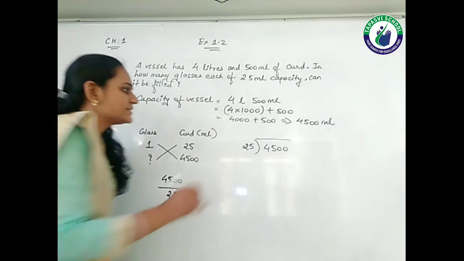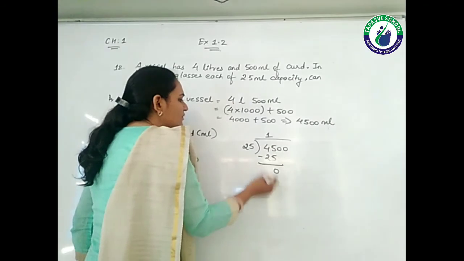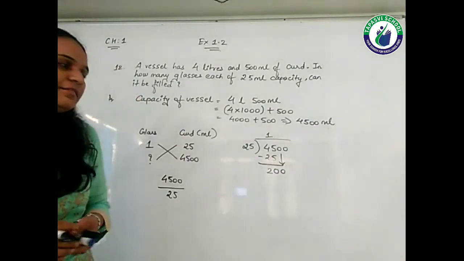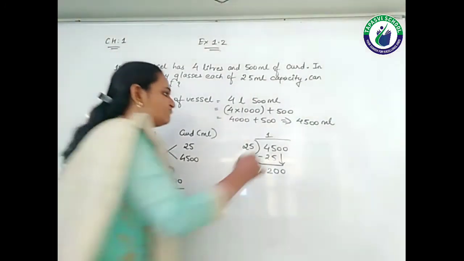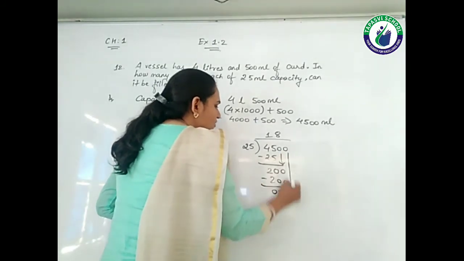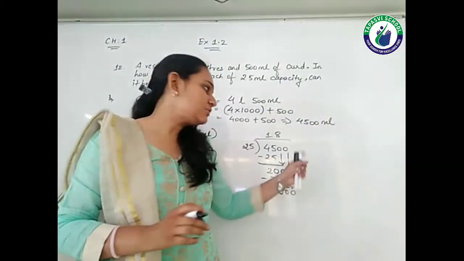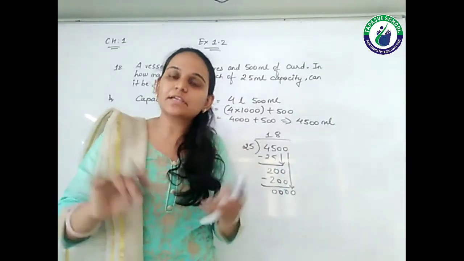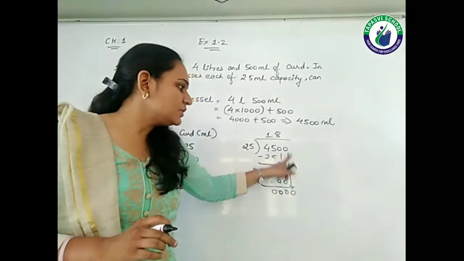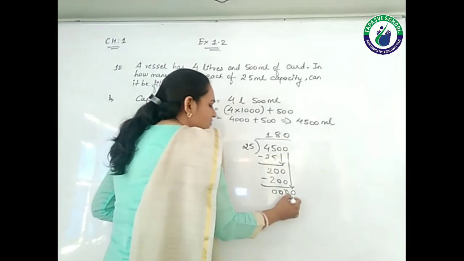So 25 ones are 25. 5 minus 5 is 0. 4 minus 2 is 2. Bring down this 0. Now 25 eights are 200. You cannot leave this division, as I always say to you. You cannot leave the division till the time you are having the digit over here. Sometimes students are leaving it because we have got the remainder as 0, so we don't want to do. No, but you need to do the division till the last digit, right? Now 0 also. So 25 zeros are 0.